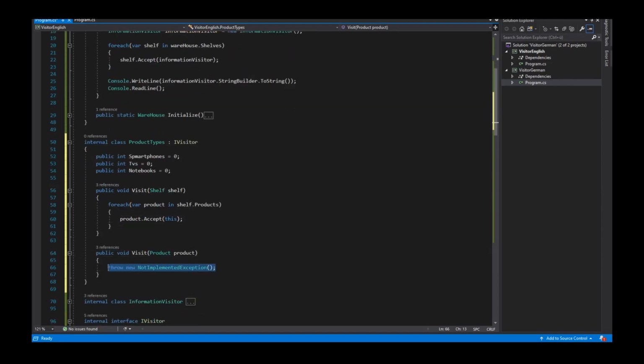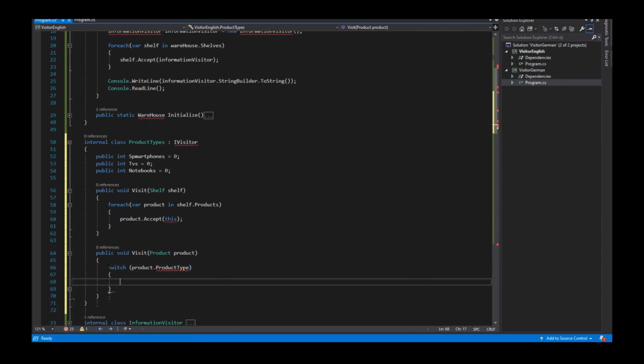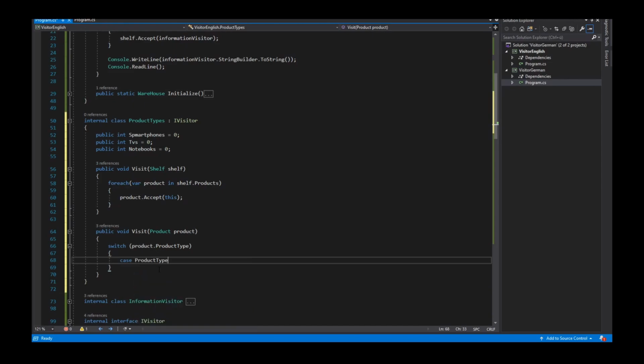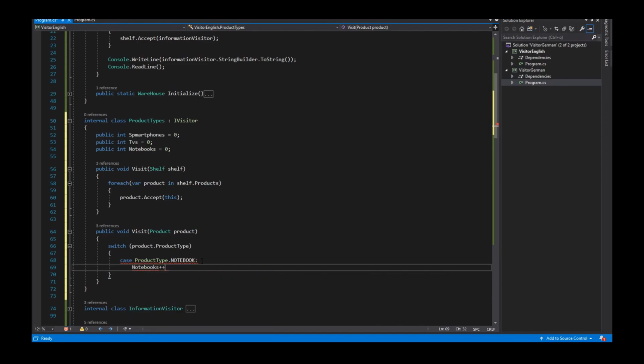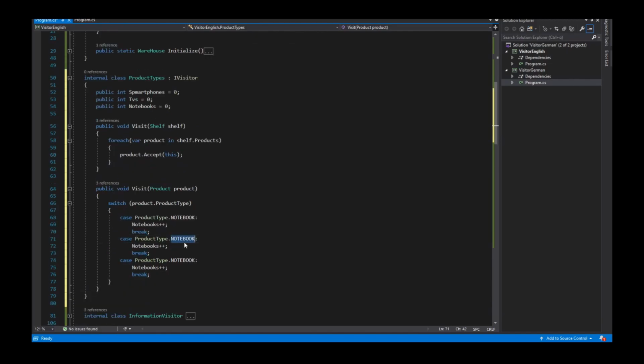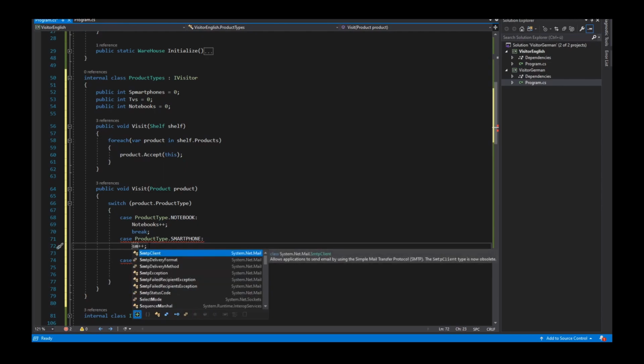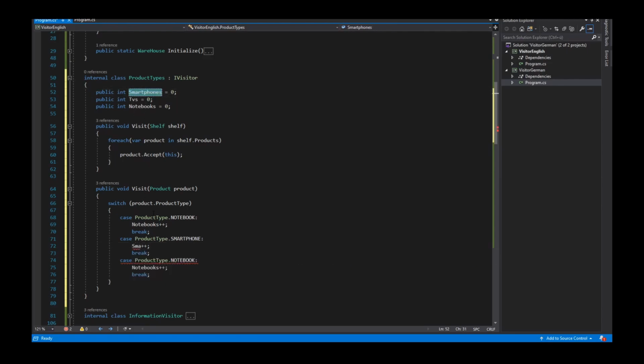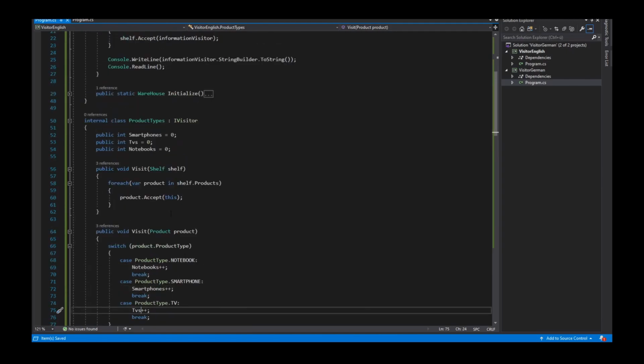And inside this product I implement, for example, a switch statement which asks from the product type the concrete type. So if the product type is a notebook, I increment the notebooks. So I copy this. If the type is a smartphone, I increment my smartphones here. And if the type is a TV, I increment my TVs. So I save this,